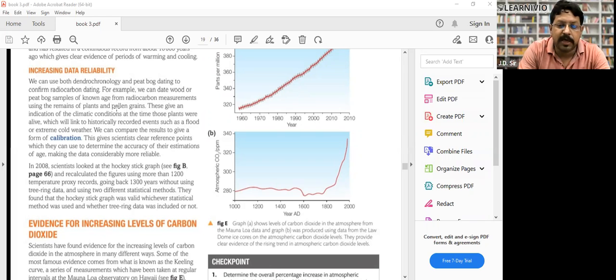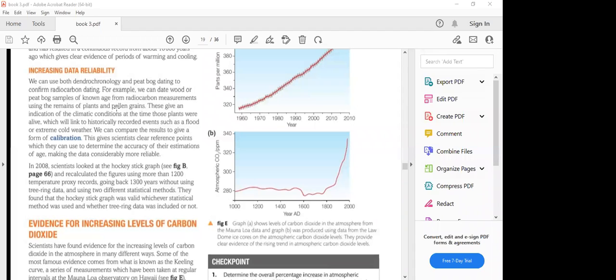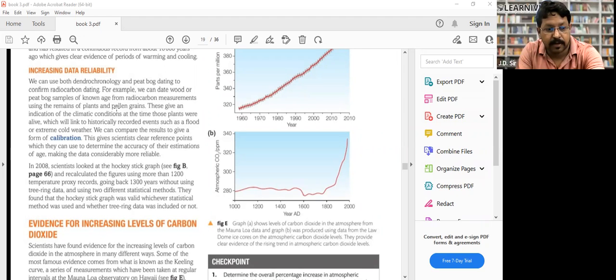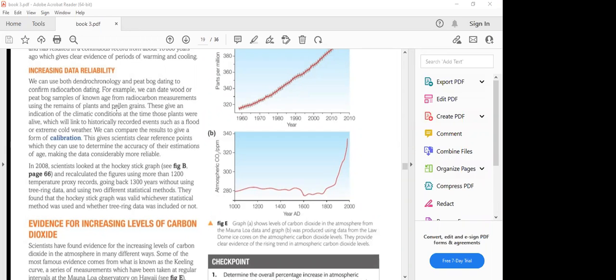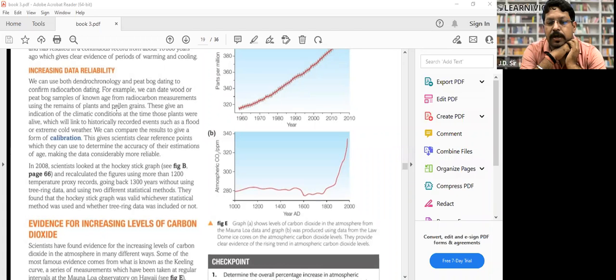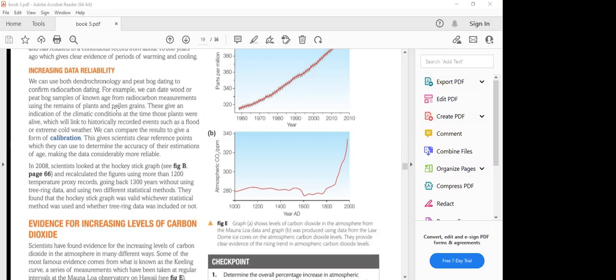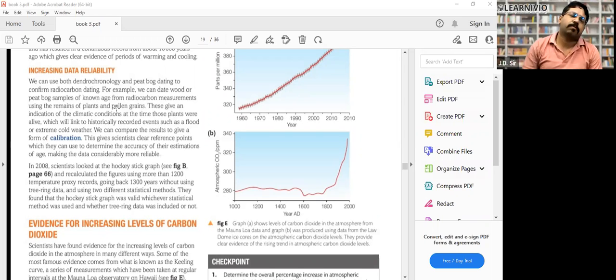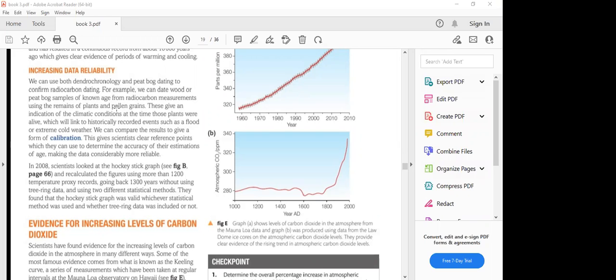In the last class we discussed radiocarbon dating. Do you have any idea what it is? Or simply, what is carbon dating? It is the process of calculating the age of any organic compound. What is the basis for that? It is done with the help of the C14 isotope of carbon. And the half-life of C14 is approximately 5900 years. So with the help of carbon dating,